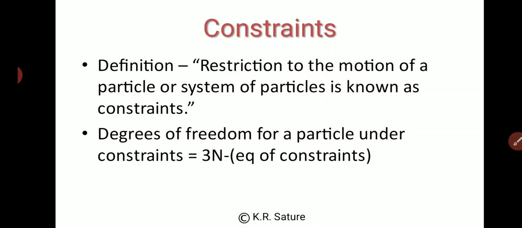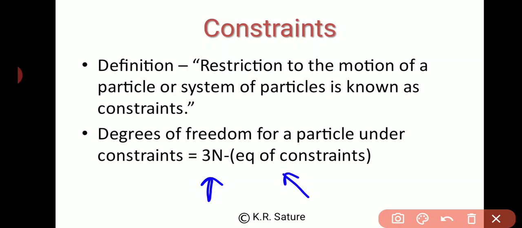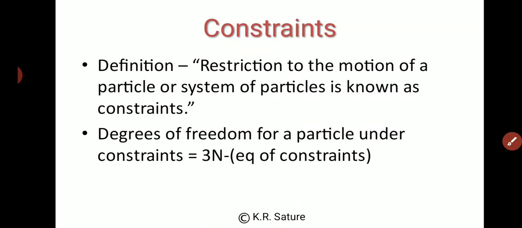And because of this, the formula for degrees of freedom is modified, and that is like this: for a system which doesn't have constraint, the degrees of freedom are given by 3n. But if some system has constraint, then its degree of freedom is given by this equation, that is 3n minus this factor, that is the equation of constraint. If there is one equation for the constraint, then whatever the value of 3n, we have to subtract 1 from that value. Now let's see this in detail.